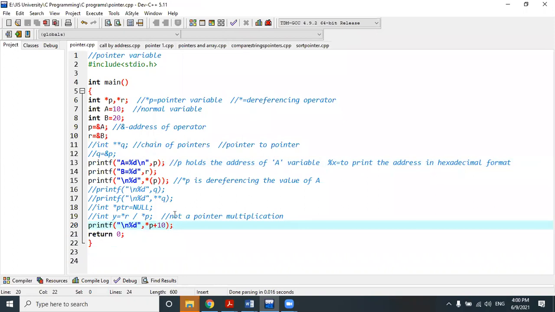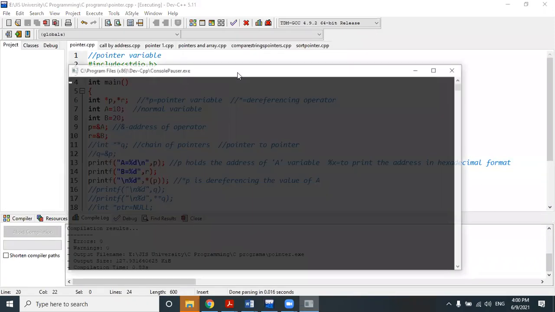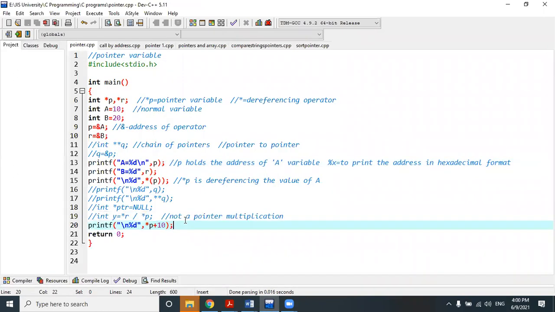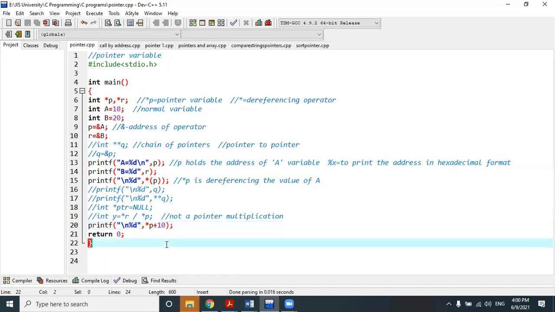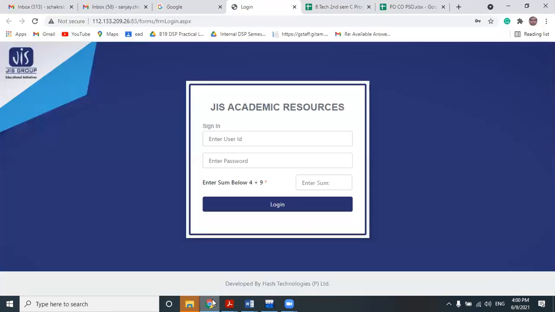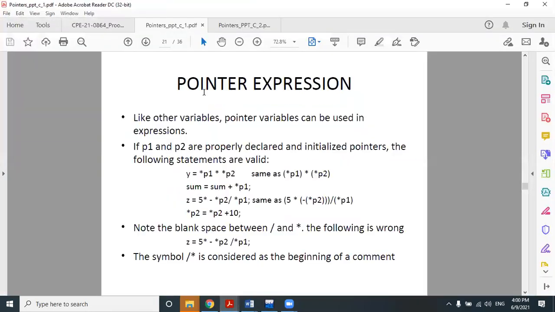It is very easy, 20. Okay, check it out. Clear? What is dereferencing, what is pointer addition, and what is dereferencing addition? These are two different types of output you will get. Everyone clear?